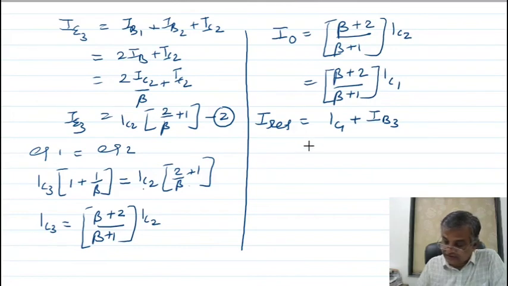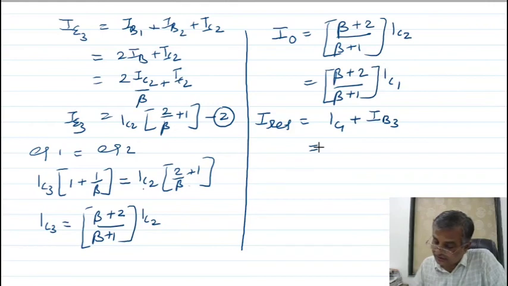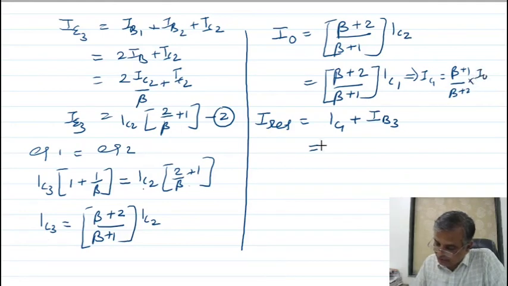So what is IC1? The IC1 is very simple, just now I have written it. From this, IC1 is beta plus 1 upon beta plus 2 into I0. So I am putting here beta plus 1 upon beta plus 2 into I0 plus